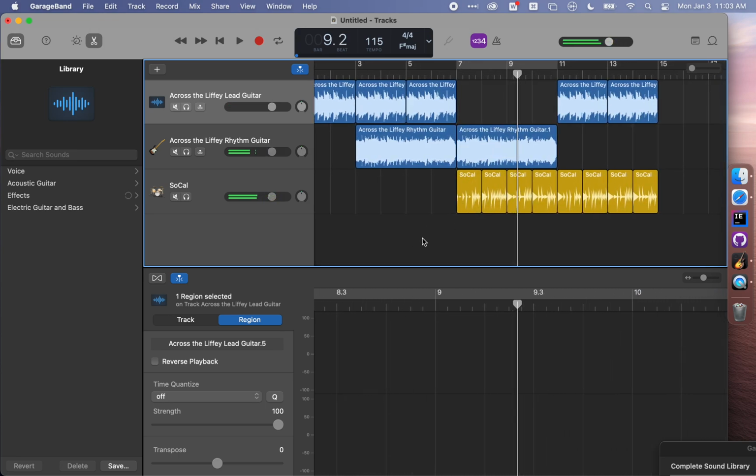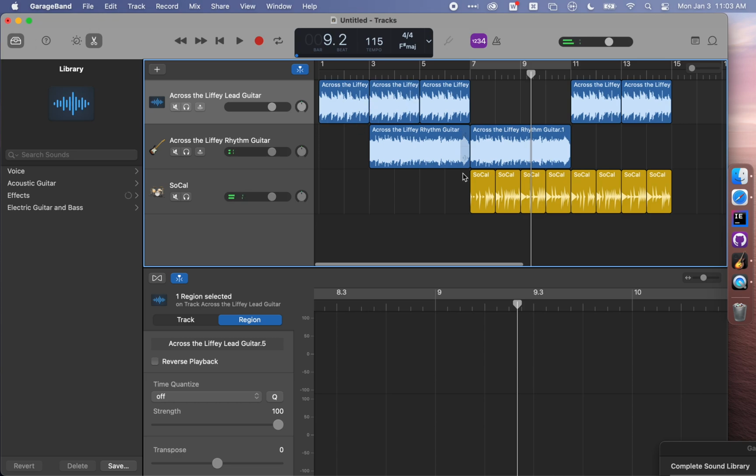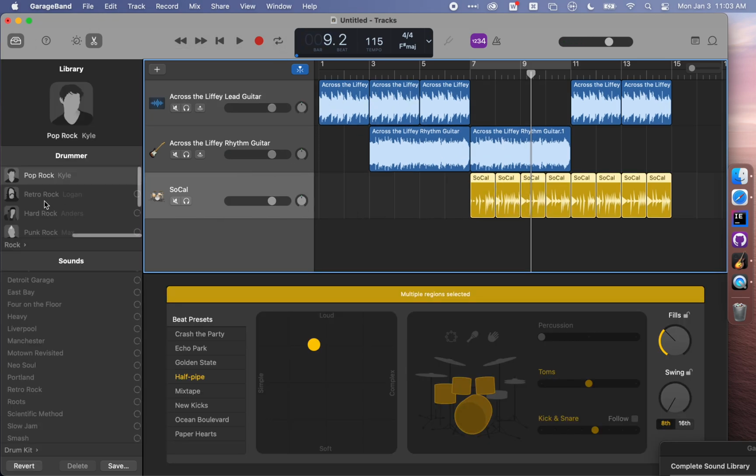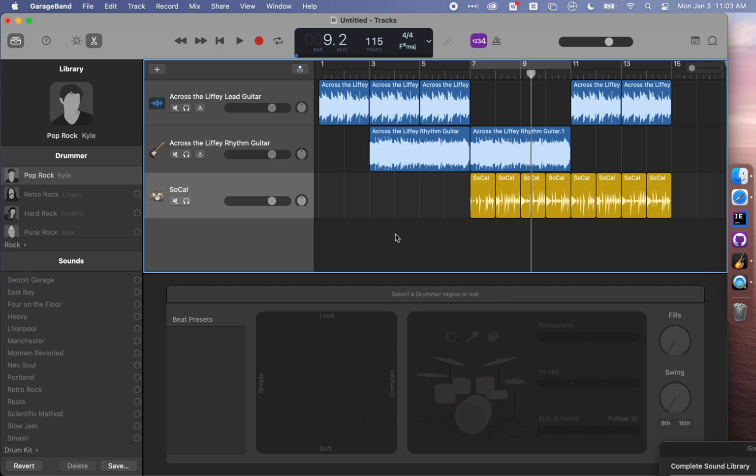Okay, so we've now seen how to grab a couple of different samples, put them on different tracks, the basics of how to use the drummer track, and you'll notice there's actually different drummers in here too, and they each have their own style. So Kyle is our pop rock drummer, Logan is our retro rock drummer, Anders is hard rock, and so on. I don't have all of them downloaded yet, but this is an incredibly powerful tool for